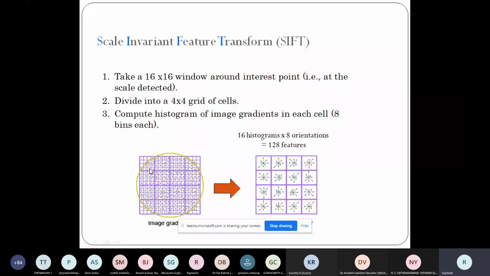Now when I talk about this particular 4 cross 4 cell, there are 16 values, right? Under these 16 values, you can observe their arrow marks are different. This indicates every pixel has a directionality with different behavior. Some are in the horizontal direction, some diagonal, some to the left, some upward, some downward. Right? Now feature, what does feature mean? Actually the properties of that block. Feature means the properties of that block.